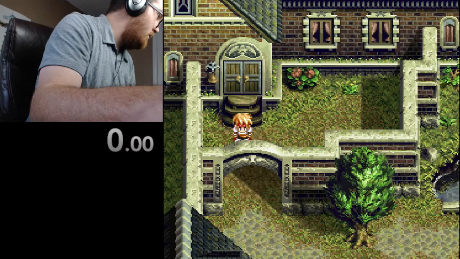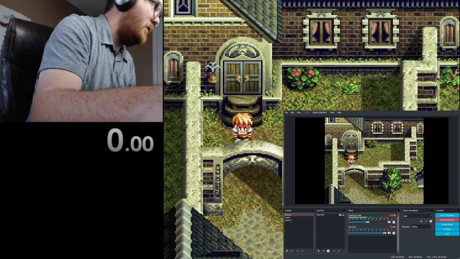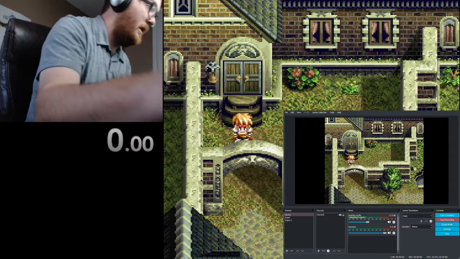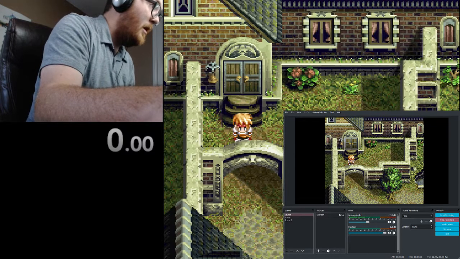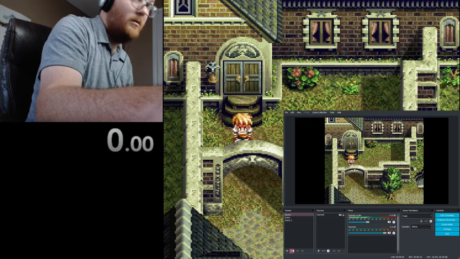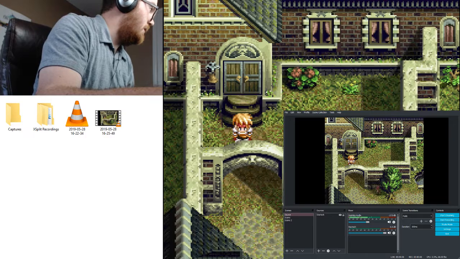So from here, you just make sure you're recording on both sides. You can even set up a hotkey so that when you hit the hotkey it starts recording both at the same time. I can't do that since I'm using an instance of OBS to record this. But if you do look over, and I'll stop the recording on the second one, if you go to wherever your files are being output, you'll notice that